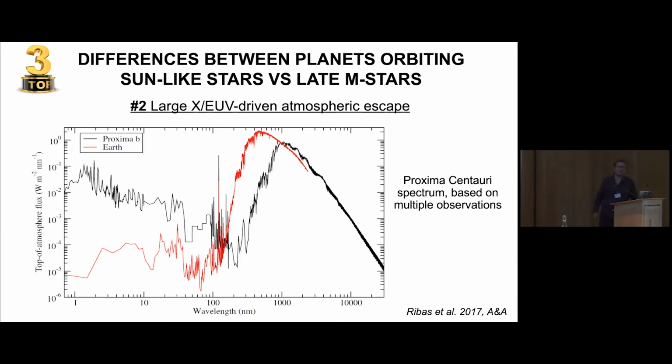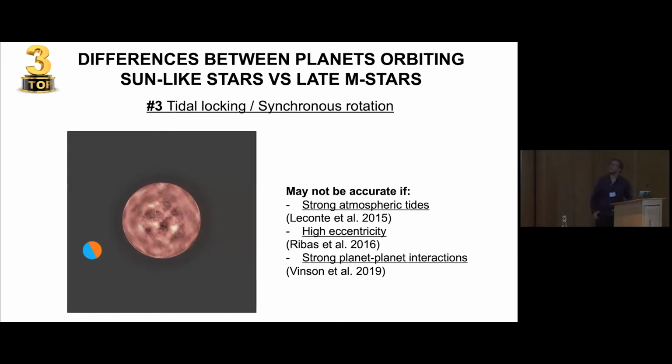And the last difference that you may have with this kind of star is that we expect the tides exerted by the star on the planets orbiting around them to be particularly strong in that kind of system, forcing the planets orbiting such low mass stars into a state of very slow rotation, possibly as slow as synchronous rotation, with planets having one side permanently facing the host star.